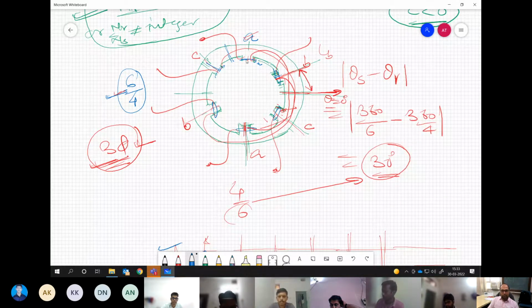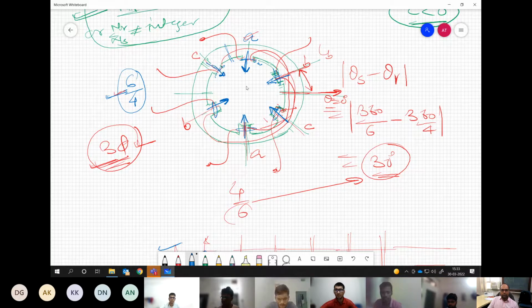Right? We have the poles. Let us say A is here, B is here, C is here, again A, B and C. And we have the rotor positions like this. This is easy. So A is aligned. Aligned means the value for LA is maximum. Now, if it moves by 30 degree,